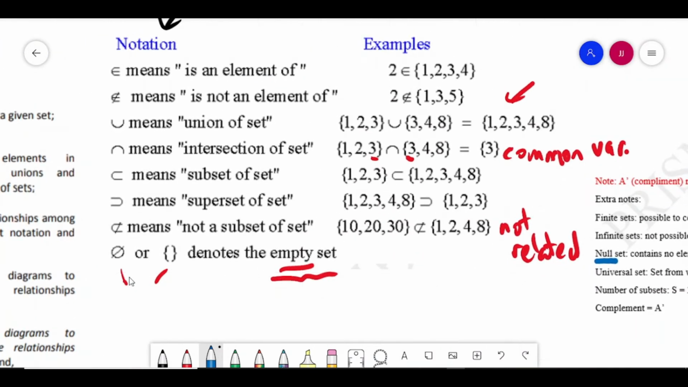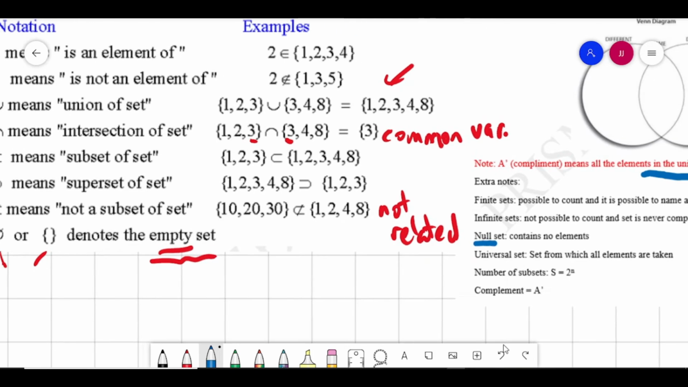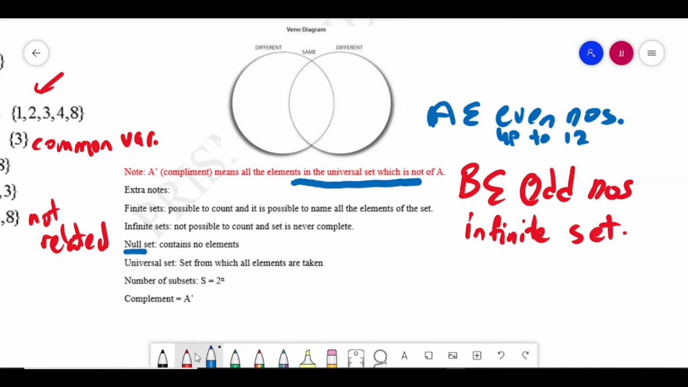These two symbols denote empty sets. The universal set is the set from which all elements are taken. The number of subsets of S is equal to 2 to the power of n. A common multiple choice question will be asking you to determine the number of subsets based on the number of